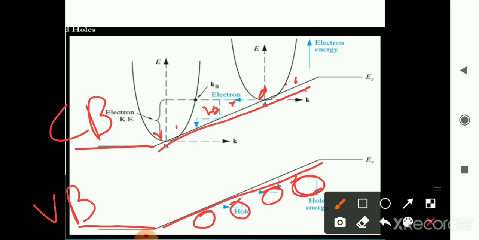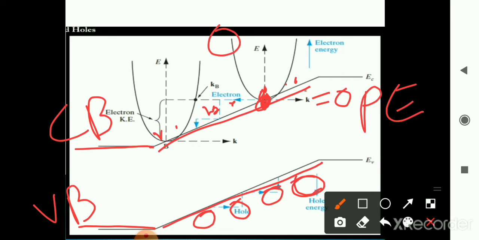Once the electron moves from the valence band to the conduction band, it will gain potential energy, that is PE. So here we are considering K as 0, where K is the propagation constant or momentum. What we said in the energy band graph is that for the conduction band and the valence band, the valence band is completely filled with 4n states and 4n electrons, and the top band, the conduction band, has 4n states available but 0 electrons.